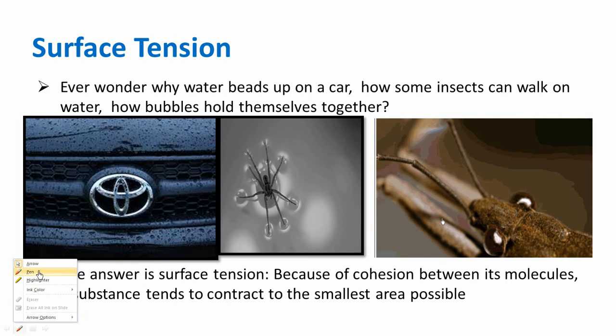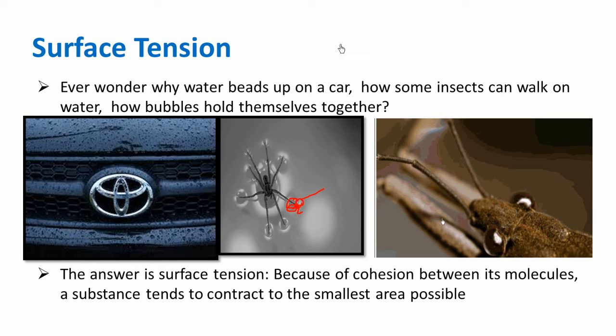So when you see the insect here, suppose I consider a molecule here and another molecule here. These two molecules are attracted to each other. If the attraction force between these two molecules is more than the force applied by the insect's leg, that means the force applied by the leg is less compared to the attraction forces between the two molecules, then definitely the leg is not going to submerge in the water. That is how the insects are floating on the surface.